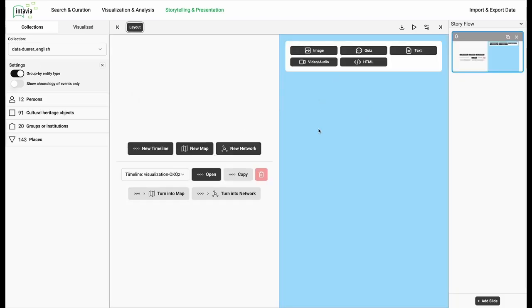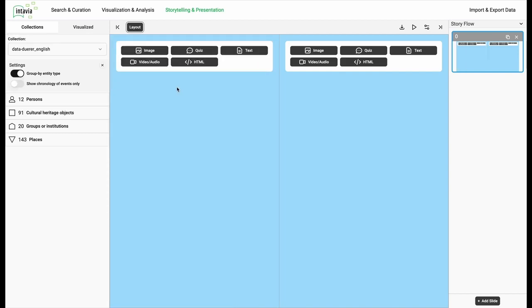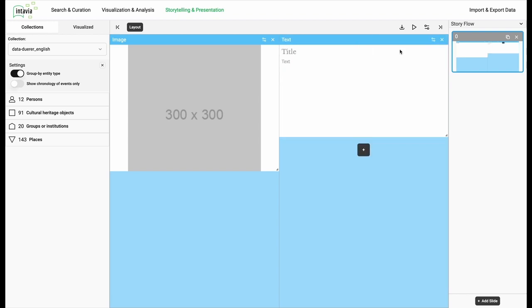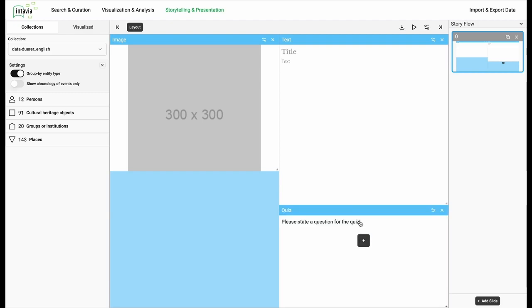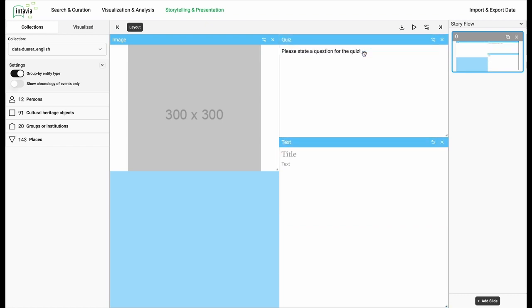Additionally, to the visualization panel, each slide can have up to 2 content panels symbolized by the blue background. These content panels represent the space for the arrangement of additional multimedia content chunks in the slide layout. The content chunks can be created via the content wizard, offering text, image, quiz, video and audio, and customizable HTML